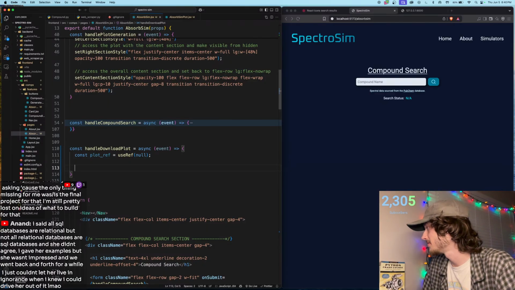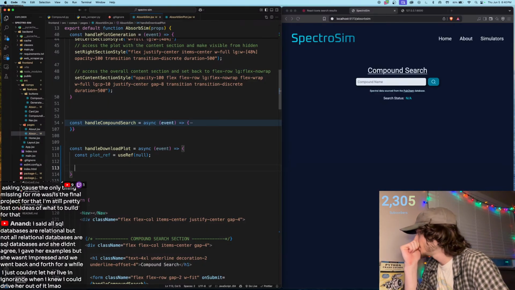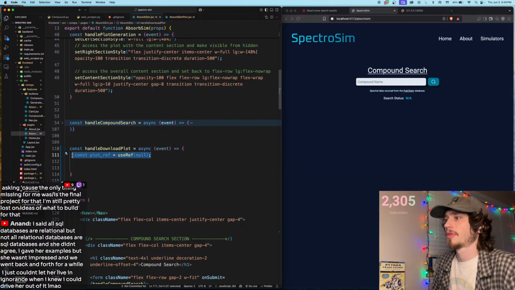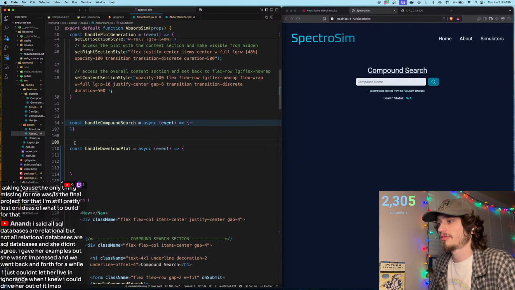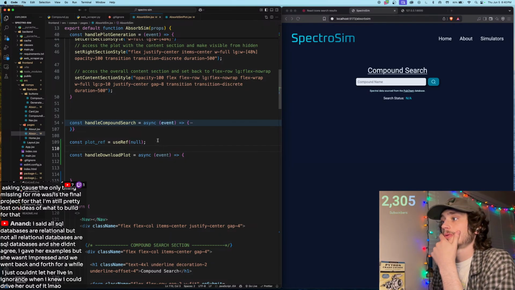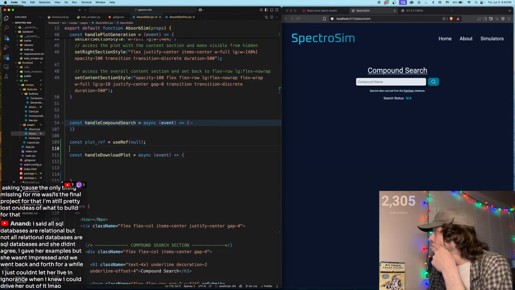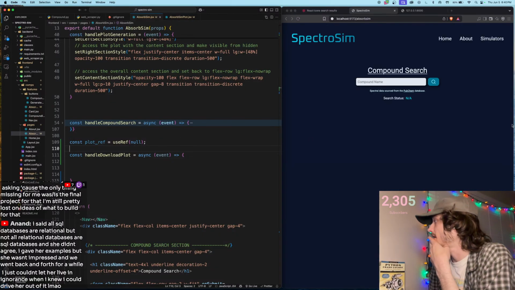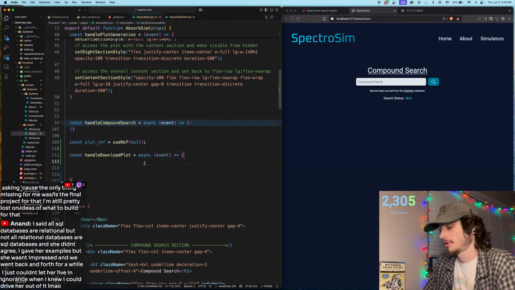I don't even know. So if we say plotRef is null. Oh, so hold on, no, this is going to be a variable outside of our function. Right? So then I say if